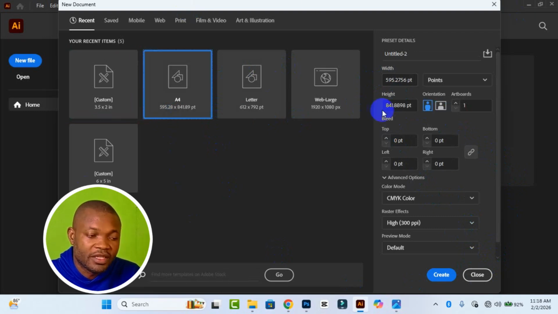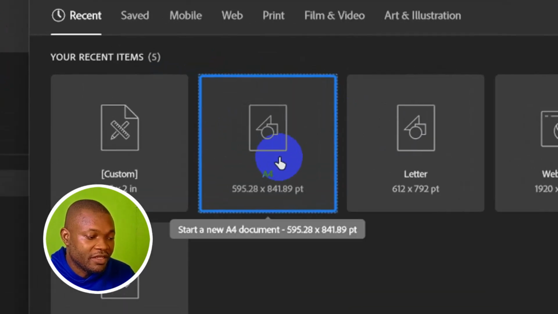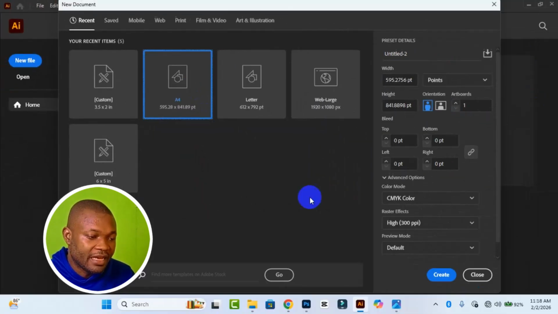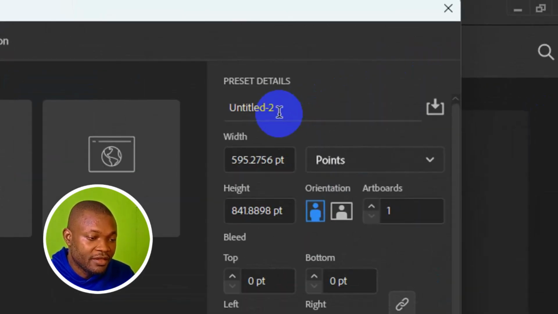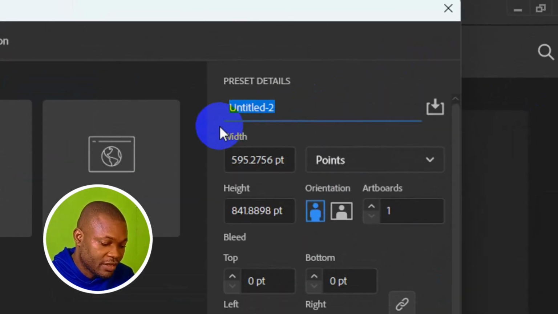And this dialog box right here is going to pop up. So what you want to do here is to go ahead and do some setup. Let's say, for instance, I want to set up a page for print design, A4 paper. For that, first thing first, go ahead and select the paper. I'm using A4 paper standard. I will come to the top right here, then title your design. So right here, I'm going to call this letter design